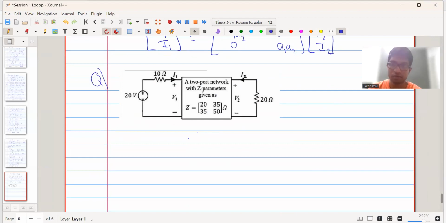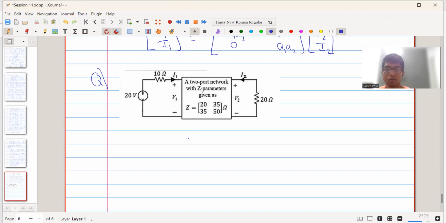Okay, so we will try to solve the question. We will try to find the current I1 and I2. If we carefully observe this circuit, there's a 2-port network which is given, which has certain Z parameters given as follows. And at the input port 1, there is a voltage source applied plus a resistance in series. Similarly, for port 2, there is a resistor connected to the output port 2, and it is a fixed